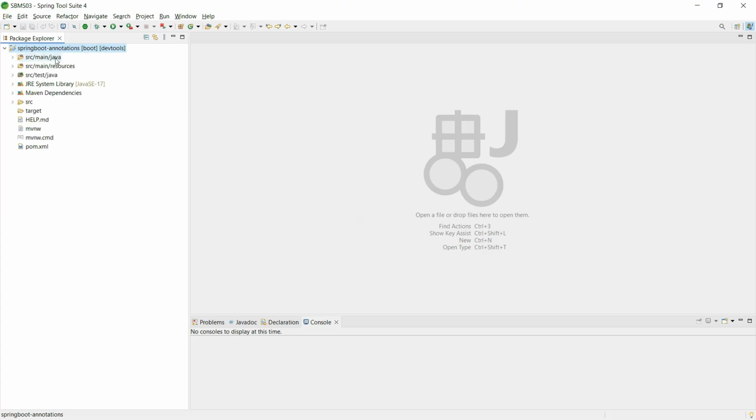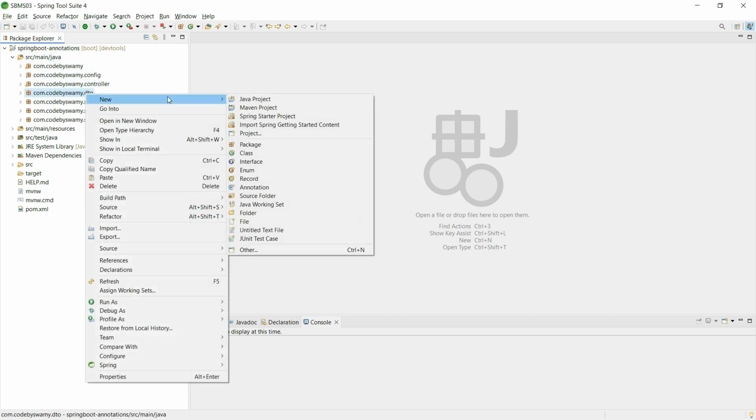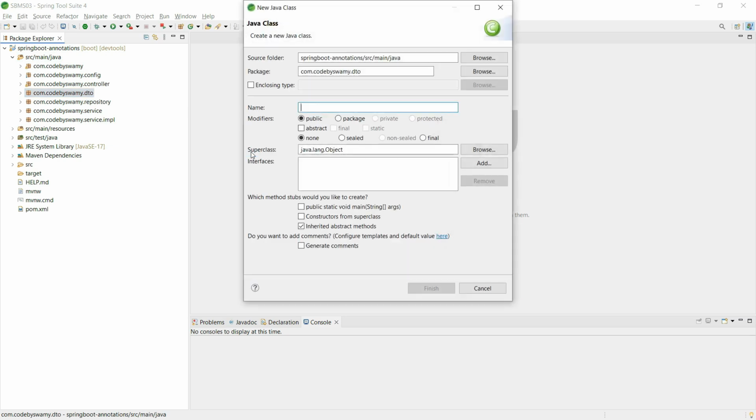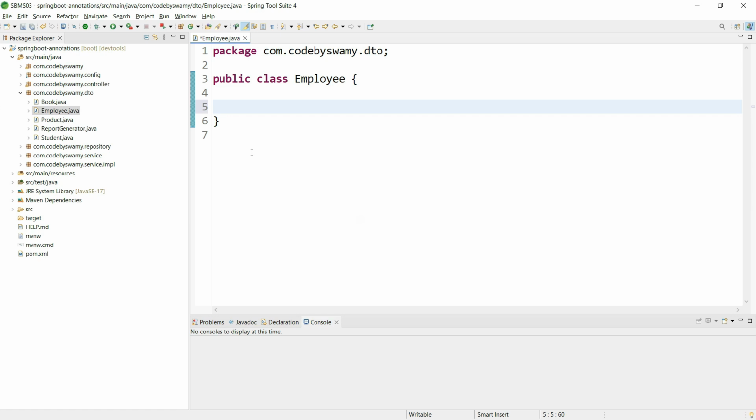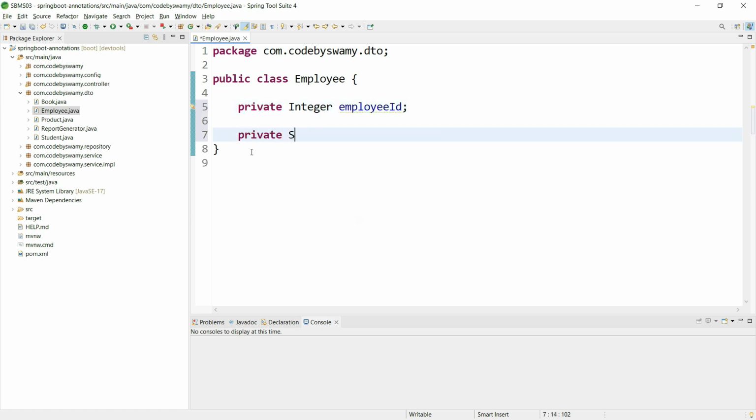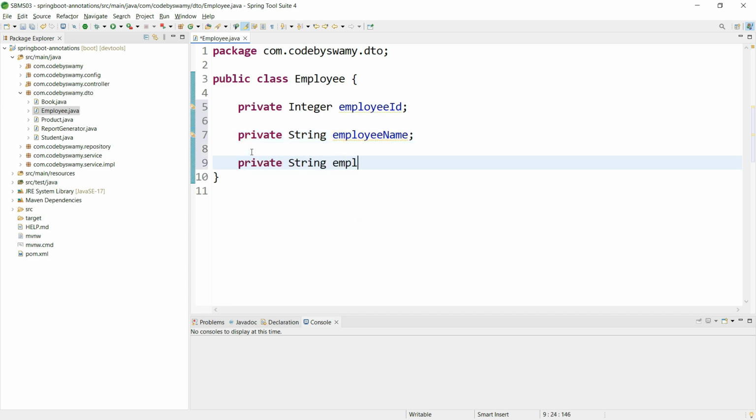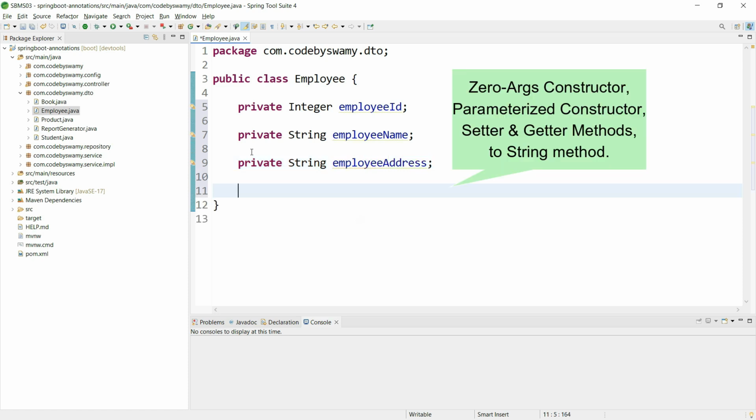Open the application, src/main/java. Let me create one class under the DTO package, that is Employee. Here I am declaring some variables: private Integer employeeId, private String employeeName, private String employeeAddress. For these variables, I am declaring a zero argument constructor, parameterized constructor, setter methods and getter methods,